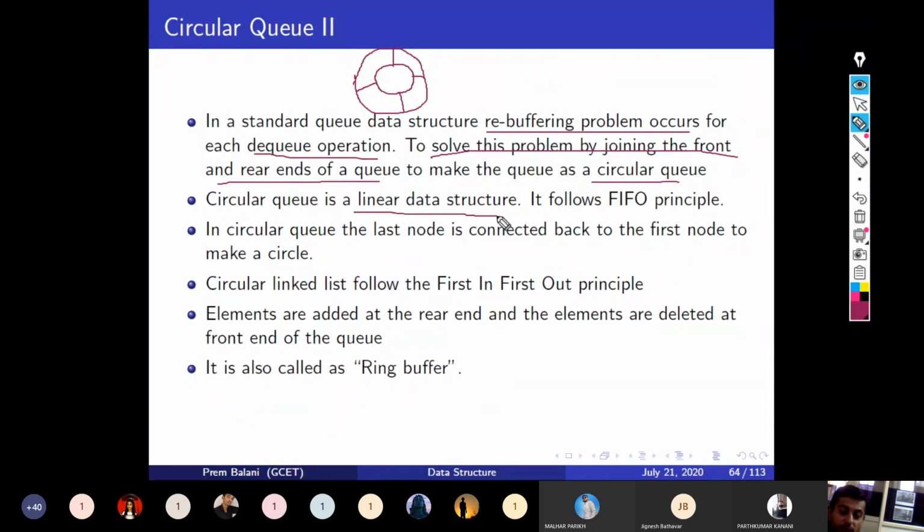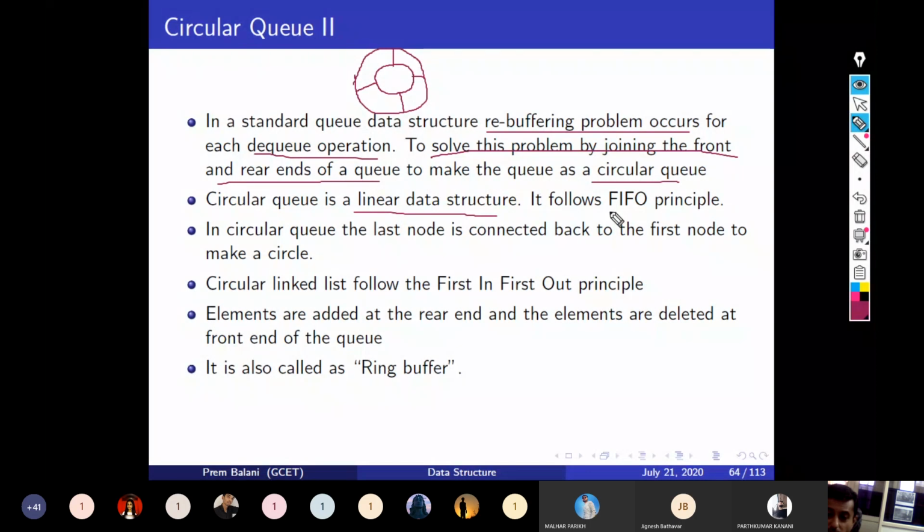A circular queue is also a linear data structure. Don't make this mistake. Many students make this mistake in the examination. They write that a circular queue is a circular data structure, which is not true. A circular queue is still a linear data structure because the elements are stored linearly one after one, and it follows the FIFO principle.